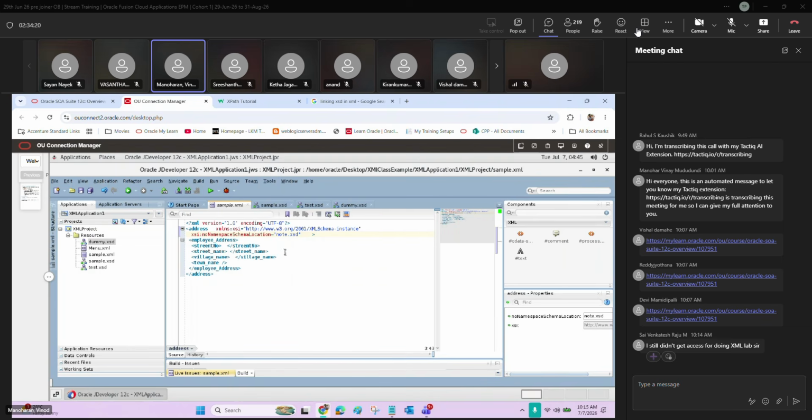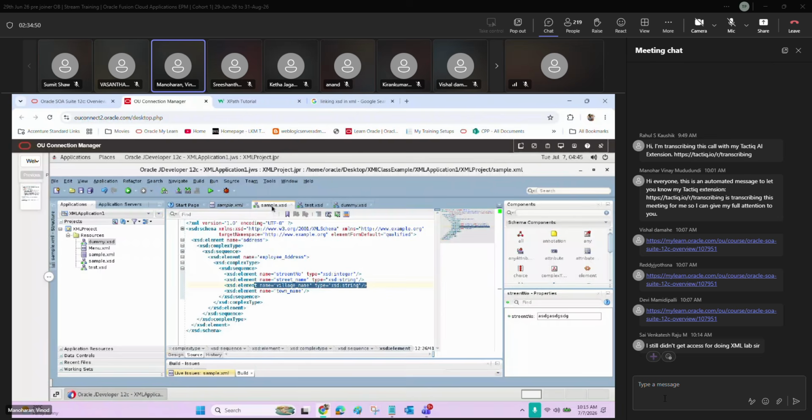So here, if I were to say this is part of a sample.xsd file, then the street number, whatever I type, which is text, is supposed to throw an error. But if you see over here, it is not throwing any error. Can you see my screen? Yes, sir. Okay, if you check the sample.xsd here for a cross reference,